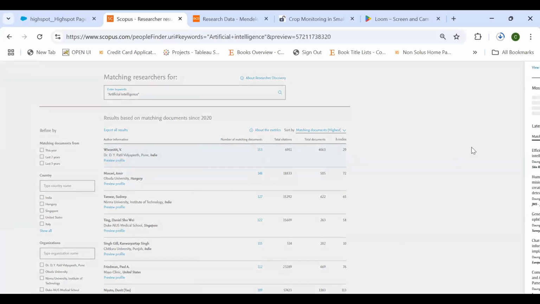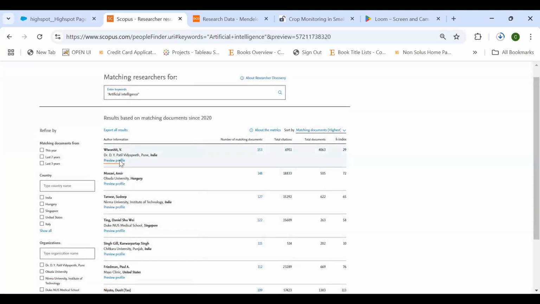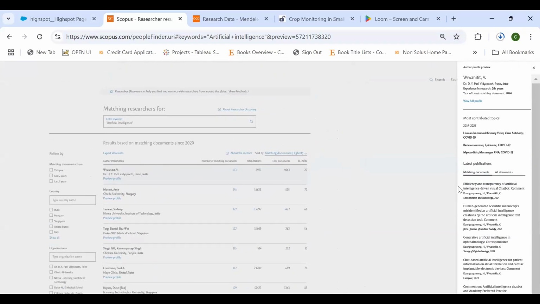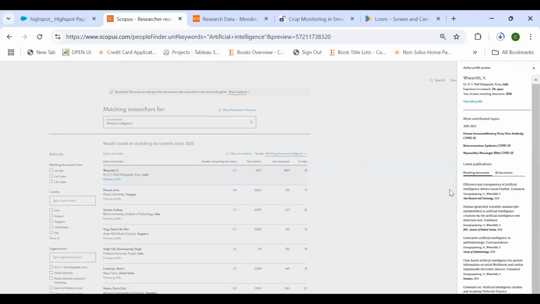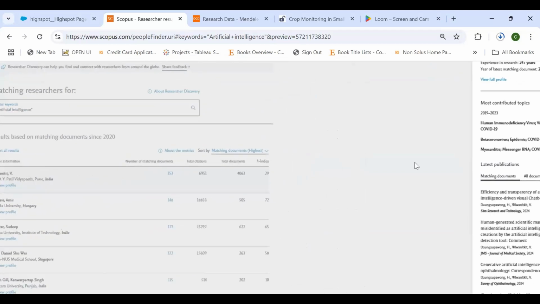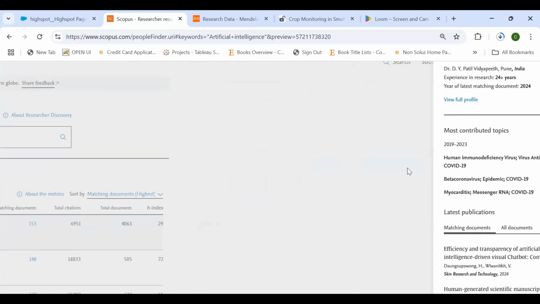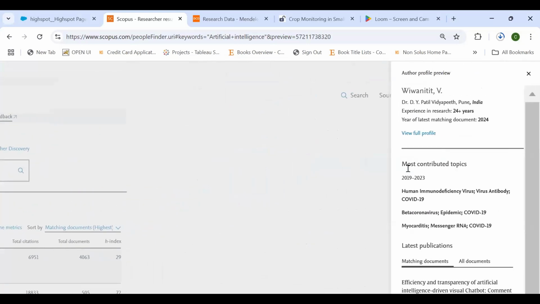So here, when I type that search topic, it shows you the top authors under that field. And instead of going one by one, it is actually more streamlined now. So it's able to provide you the top authors with the highest citations, with the highest H-index. So you are able to view their profile.